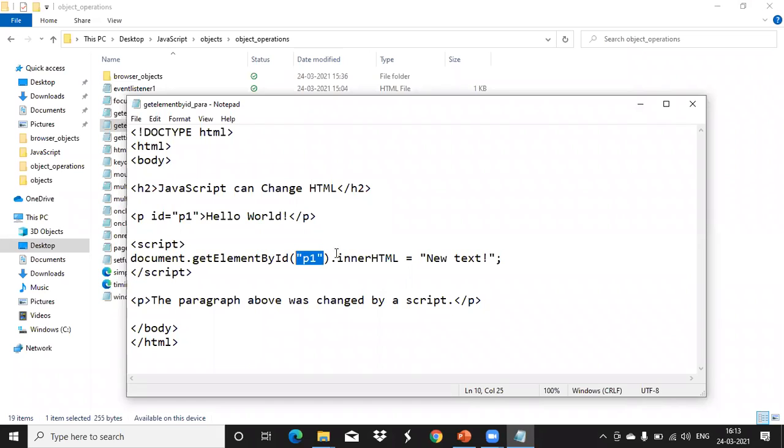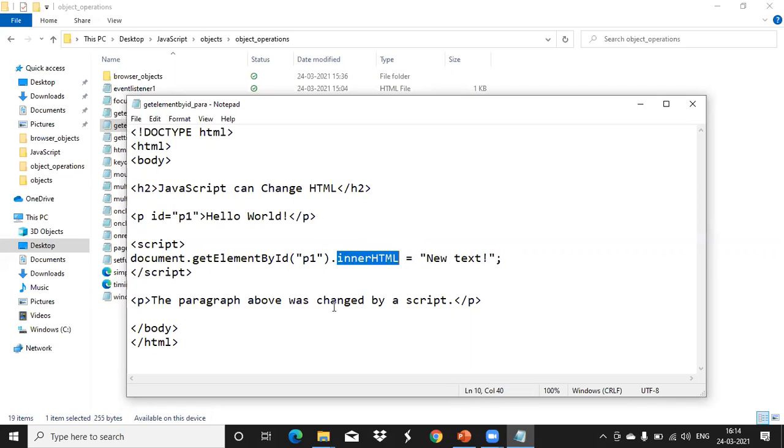Now in that we are changing the content of that element. So see, we already created the paragraph with what content? Hello world. Now dynamically when you are loading your HTML page, I want to change that paragraph content with a new value. So this is the value we have given there. So how will I change that one? Using this innerHTML property. So getElementById is a method of which object? Document object. Then innerHTML equal to the new content value we are specifying here.